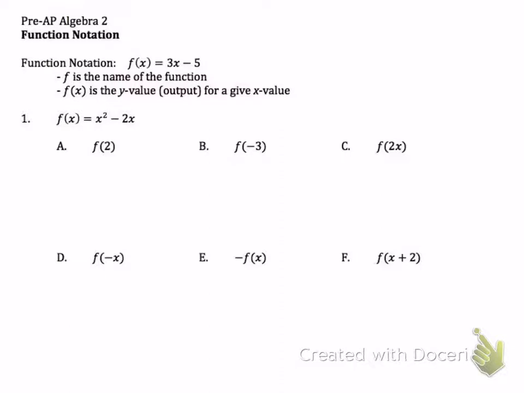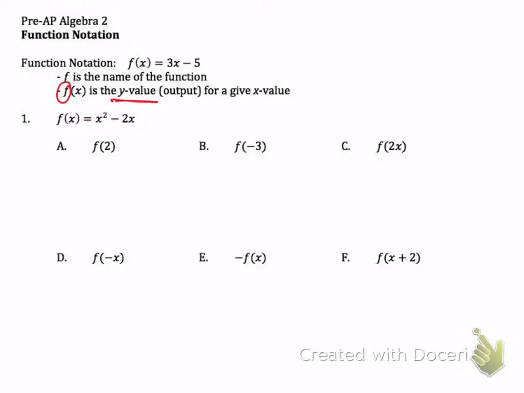So this letter doesn't necessarily matter. Once you get several of them, there'll be letters like F, G, H, J, K. It can be any letter, but it still just means that it is a function defining x. So f is the name of the function, and then f of x is the y value or the output